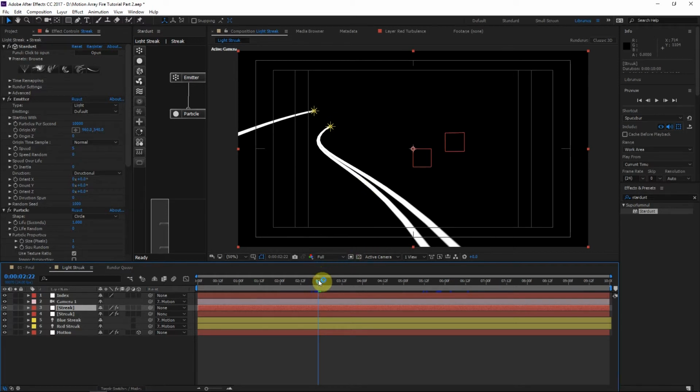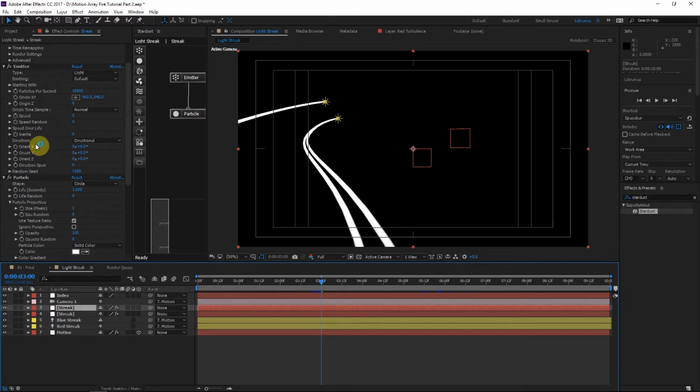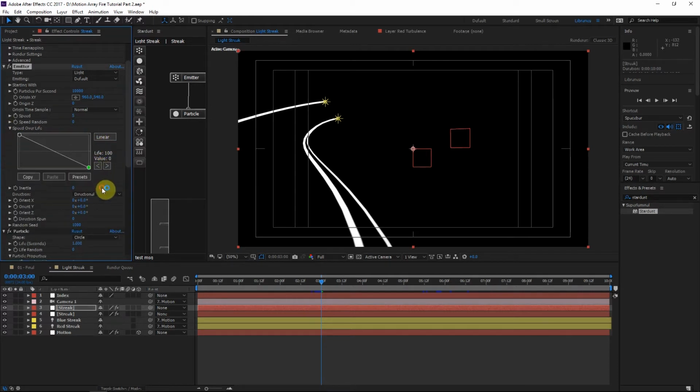So the way I had it in the original example is that this second streak was swirling around the first one. And I thought that came up with a pretty cool result. So here's what we're going to do. I'm going to start out by changing the size. So instead of 0.5, let's do 0.25. And then let's go to the speed over life and turn this all the way down. So not only is there positive motion, but it goes all the way back to negative motion. So it displaces from the original stream and it goes back in